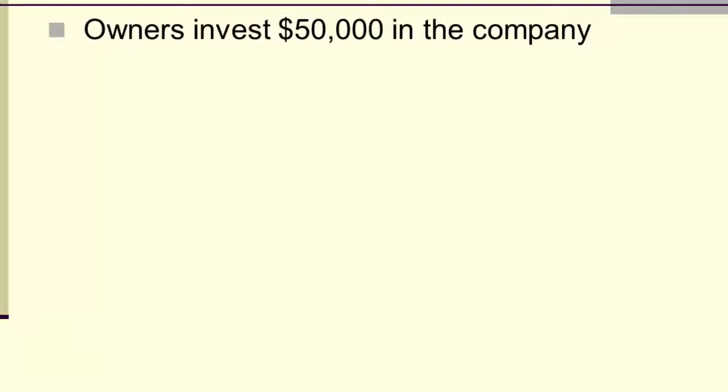Step four is where we finally put pen to paper, or in my case, stylus to tablet, I guess. So let's go ahead and do that. We're going to start with the debit accounts. So there's cash. We're going to then do our credit, which is owner's